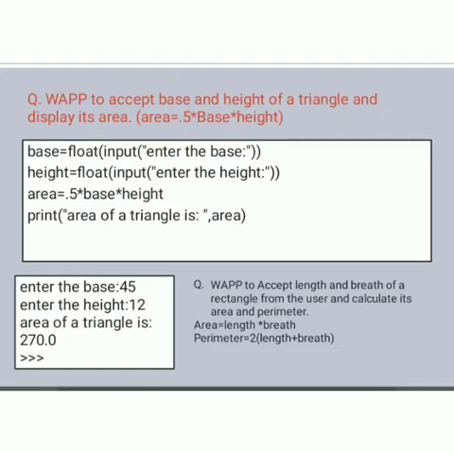So we are creating one more variable, and the name of the variable is area. Area is equals to, we have written the formula, half into base into height. After writing the formula, calculations will be done. On the right hand side we have an expression, not a constant value. So first calculations will be done and the answer will be stored in the variable area.